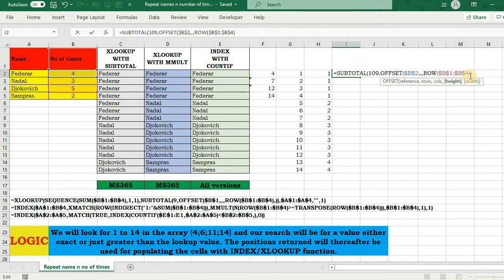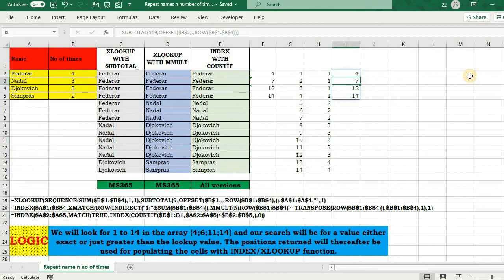I locked it. I'm leaving the width, and if I close this, this will generate the numbers 4, 7, 12, 14. Now I will show how you can do this with a single cell formula.